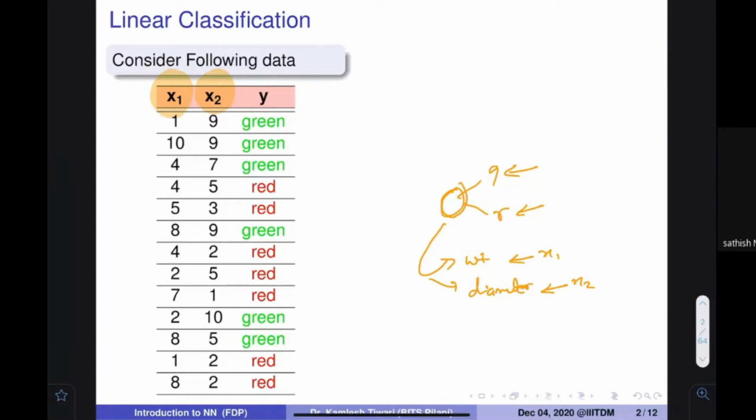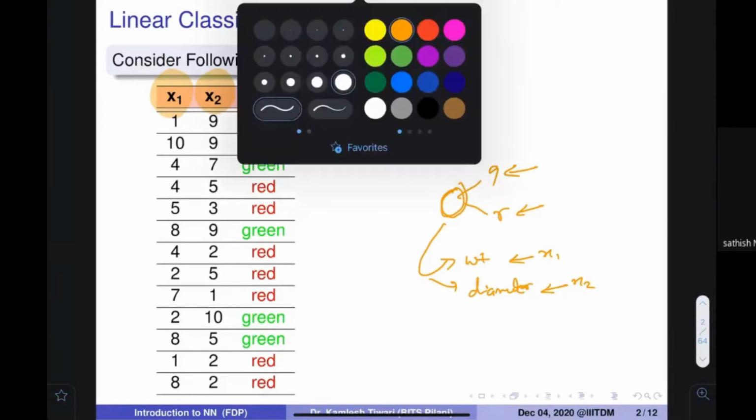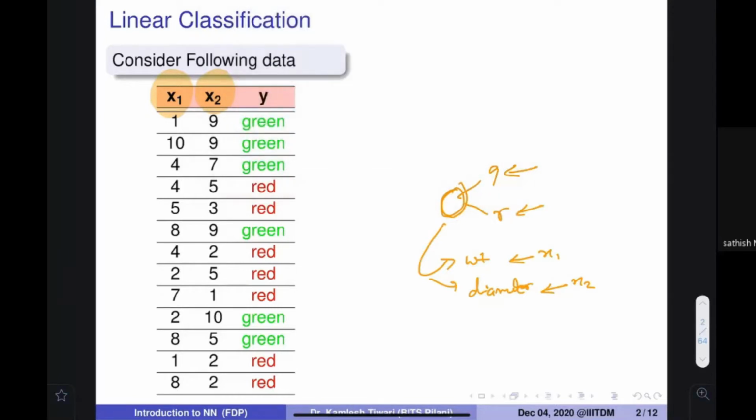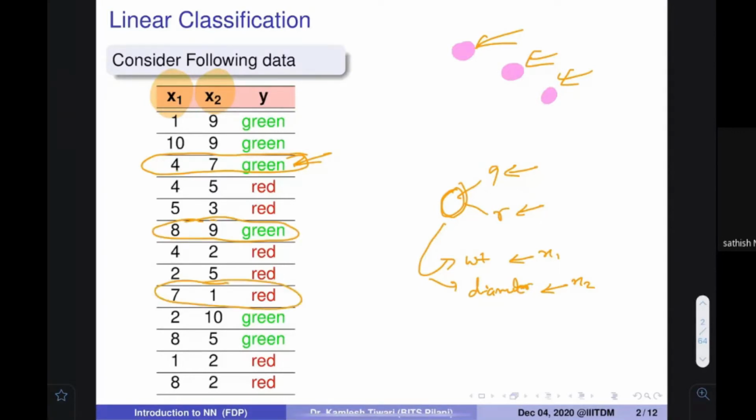For some of the items, the right answer needs to be given. So let's assume a few items were there for which you have measured the values of x1 and x2 and placed them into this table. For example, you find something was 4 gram and 7 millimeters, and the inside color was green. Similarly, 8 and 9, and the inside was green; 7 and 1, and the inside was red. So this is what the data is. I'm just trying to give you this kind of understanding, however it is not needed. Do you understand this table?